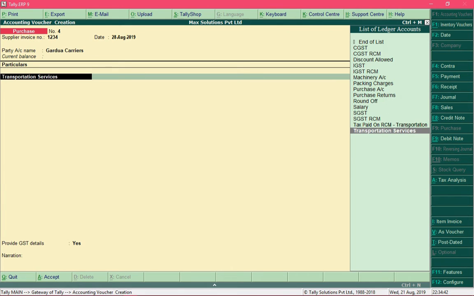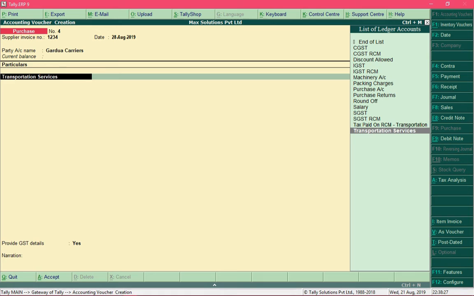So this is the advantage that we get with accounting invoice mode. You don't require to create any separate stock item in order to record entry with accounting invoice mode. You can just simply select the ledger that you want to take into consideration. And this mode, accounting invoice mode, is usually used by service providers. So in order to generate an invoice towards a service, we use accounting invoice mode.